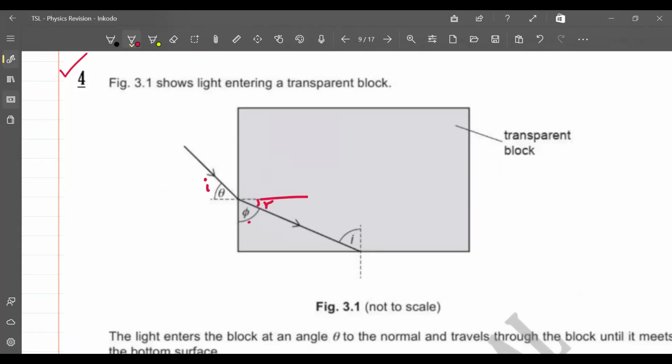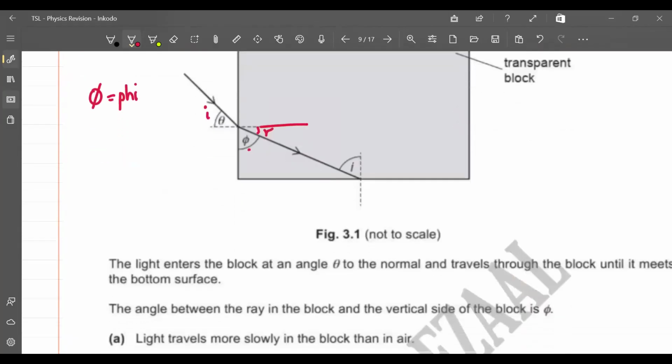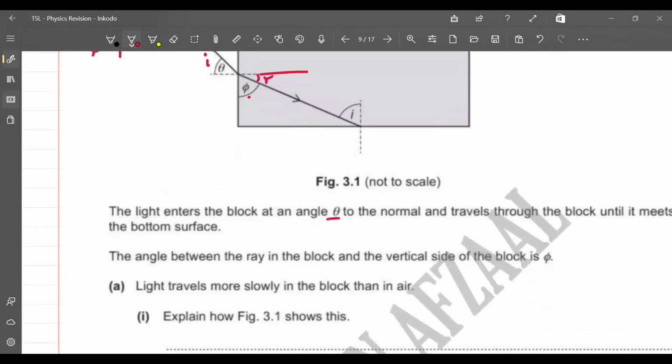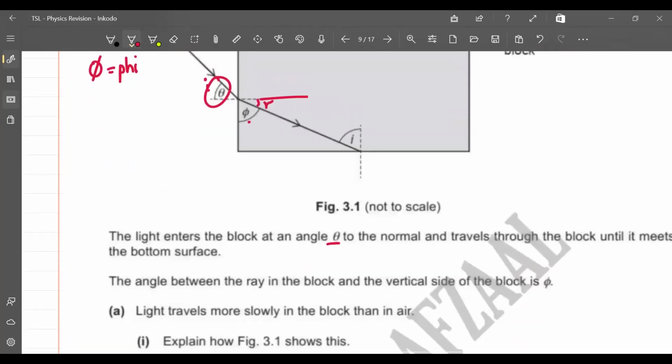ये पाई, ये जो symbol है ना बेटा, इसको हम पाई कहते हैं. ठीक है, कोई भी नंबर, कोई थीटा लिख लो, अल्फा लिख लो, बीटा लिख लो, गामा लिख लो, पाई लिख लो, doesn't matter. ये angle है. However, this is not the angle of refraction, right? It says light enters the block at angle theta, ये given है, ठीक है जी, to the normal